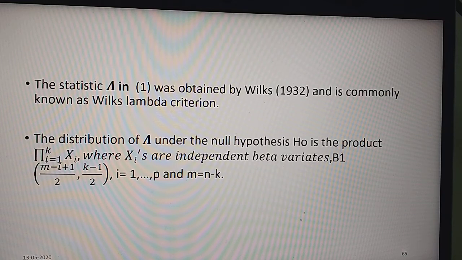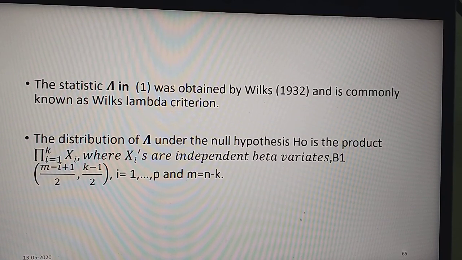So this is the end of our discussion on testing general linear hypothesis with multivariate analysis of variance. In the next discussion we will start the remaining part of the second unit, that is the statistical problem of classification. So for today I'll stop here, and next week I will take a test, an internal assessment test. The syllabus will be from the beginning up to today's class. Okay, have a good day.